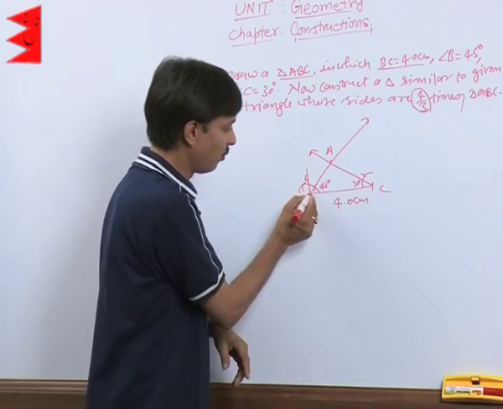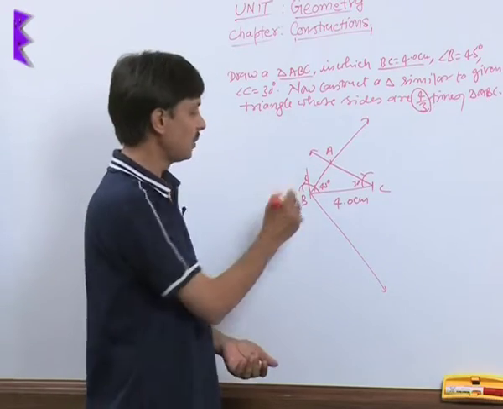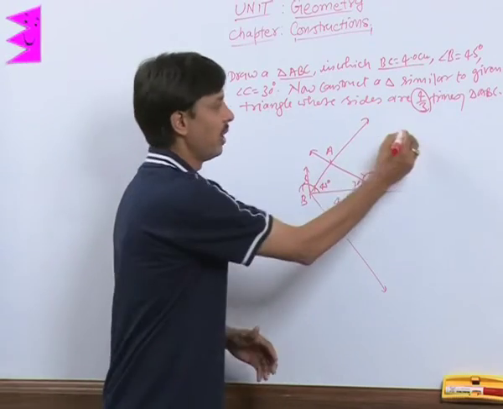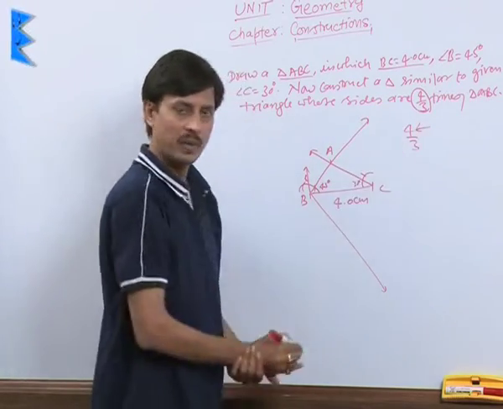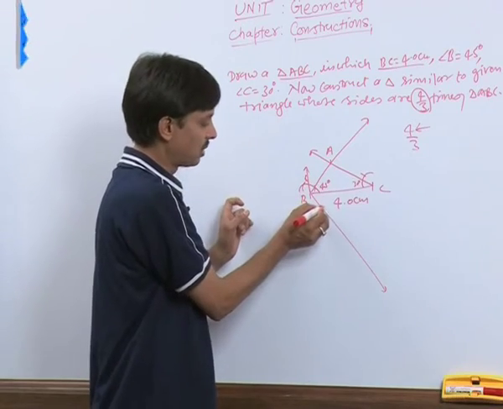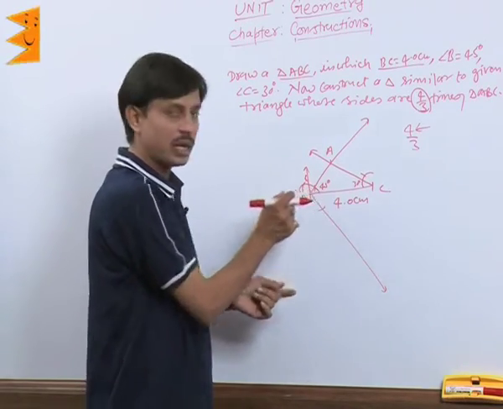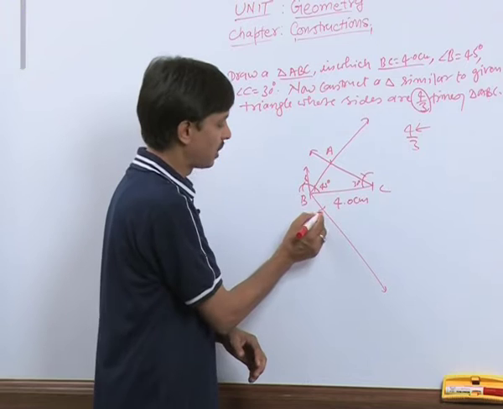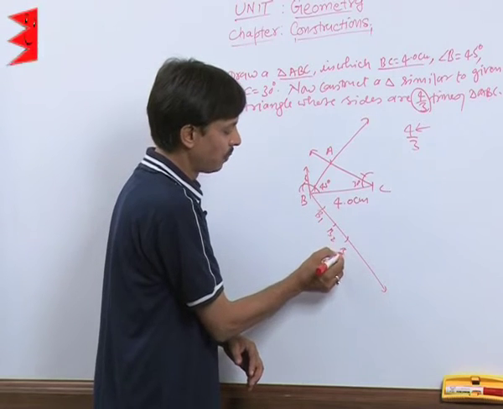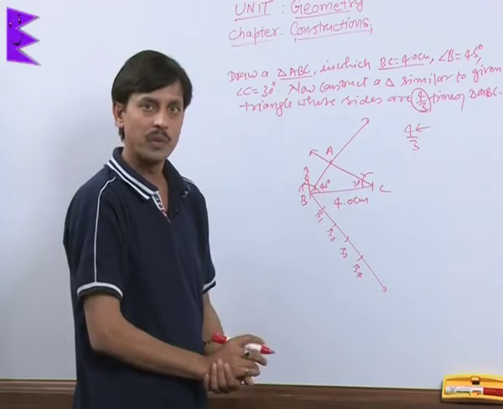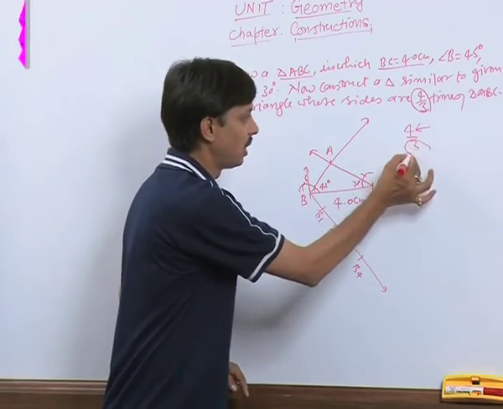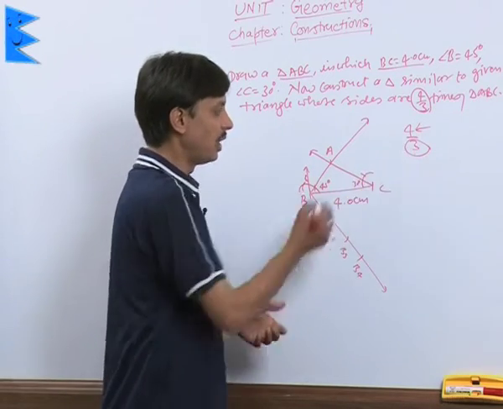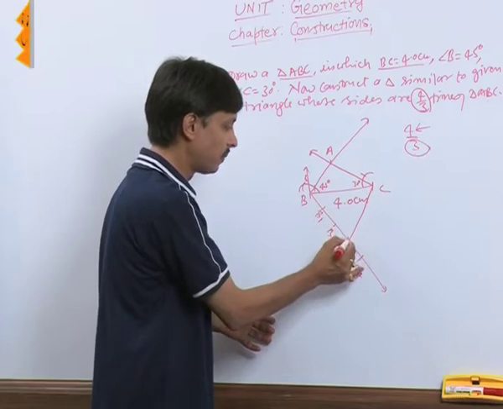Again the same, we will draw any ray from here. We have to see which is more, numerator or denominator. In the case of 4 by 3, 4 is more. So I will make 4 parts, taking B as center and a convenient radius, marking first arc B1, then B2, then B3, and now B4. The rule is: whatever number is written in the denominator, that same part must be joined to the other end. This is 3, so B3 will be joined to C.